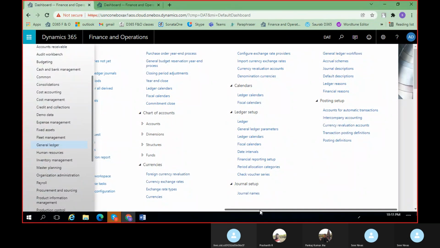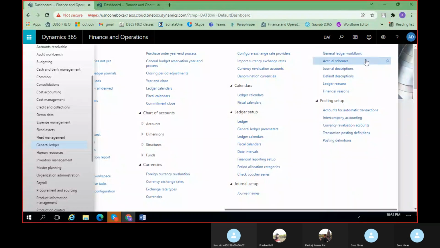And the general ledger workflows. For example, in your organization, there might be chances that to approve any transaction, for example let us take a transaction whose value is around 1 lakh. In order to approve this 1 lakh in an organization, there might be multiple approvals. Like the end user might be posting that 1 lakh rupee transaction, and the next approval will be your general ledger manager, and then the CEO, or depending on the organization level. This workflow is also very important. You will have to remember.